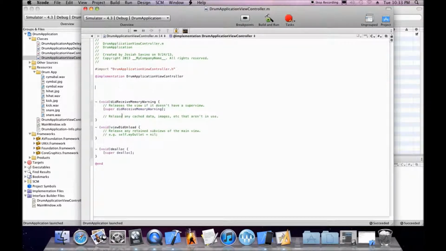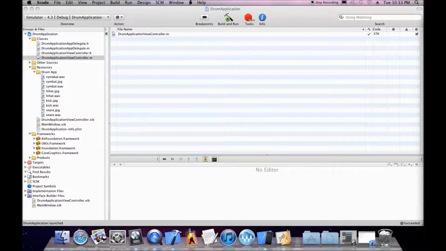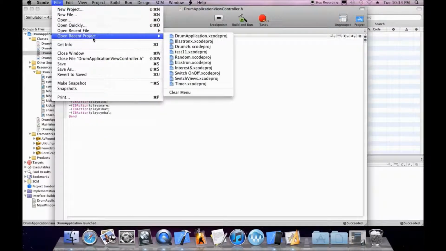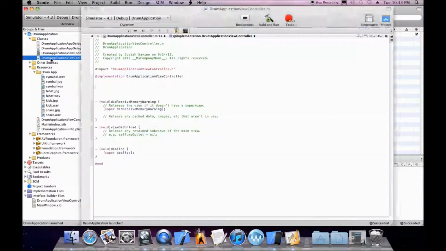So I keep it clean. There was a bunch of files in green which are commented out. So all we have to do is add some IB actions. And what I'm going to do is copy from the original app. I'm going to open, hopefully I still have it copied, pasted. And I don't because I overwrote it. So we got to go to my drums app. And what I'm going to do is just copy over into the M file